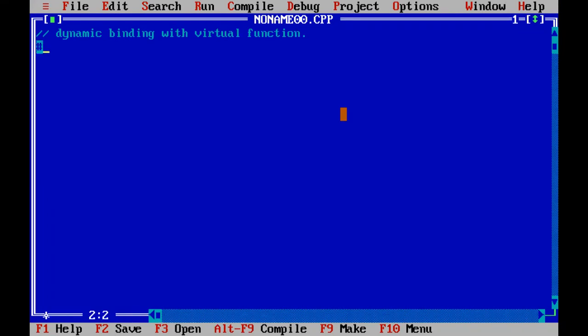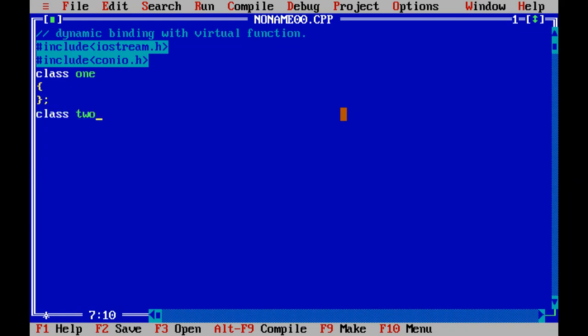So next is #include iostream.h. Firstly include all the files. Then #include conio.h. Then we have to declare one class. Suppose my class name is 1. Then I'm deriving class 2 publicly from class 1. Class 1 is the base class and class 2 is the derived class.